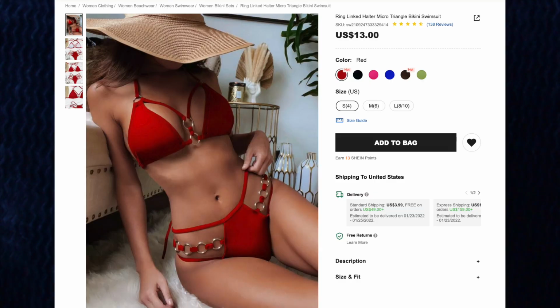Next up, we have the ring-linked halter micro triangle bikini swimsuit for $13, and I got the color red and the size small. I love this swimsuit so much. Again, I love anything that looks like a halter or a harness, but the top of this is not meant for small-chested gals, unfortunately, because as you can see, the rings in the middle are very loose and floppy,